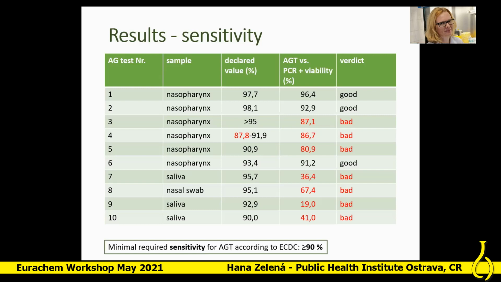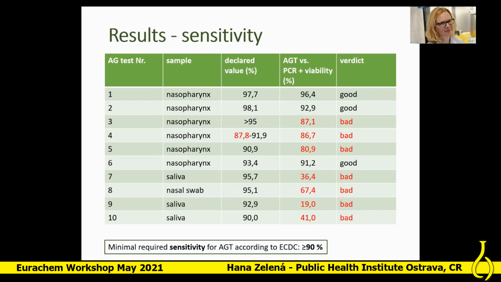As you can see, the declared values of sensitivity were pretty nice. But when we compared our real results from our patients to PCR and viability, the results were not as good as was declared. Only 3 of all the tests,